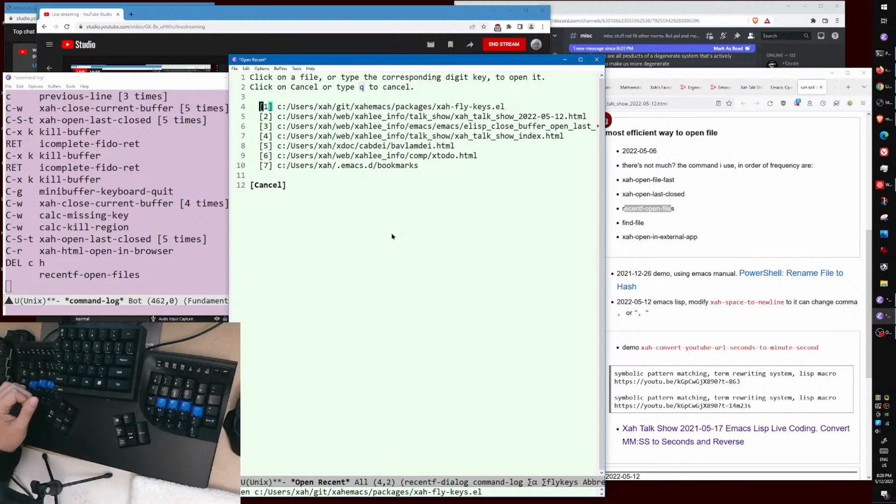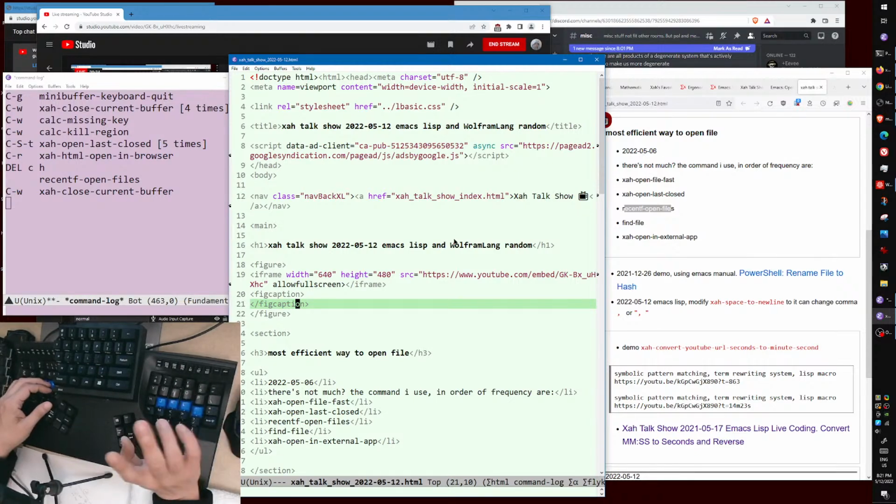there. You see, here are the 7 files I recently opened. Usually the list is like 30, 50, 100 files. There's a limit, I forgot. You can set the limit. So basically, this feature allows you to open any of the past 100 files or whatever you have opened, but it doesn't record closed files. It only records the recently opened files. So what you do is if you want to open some file you recently opened and closed,